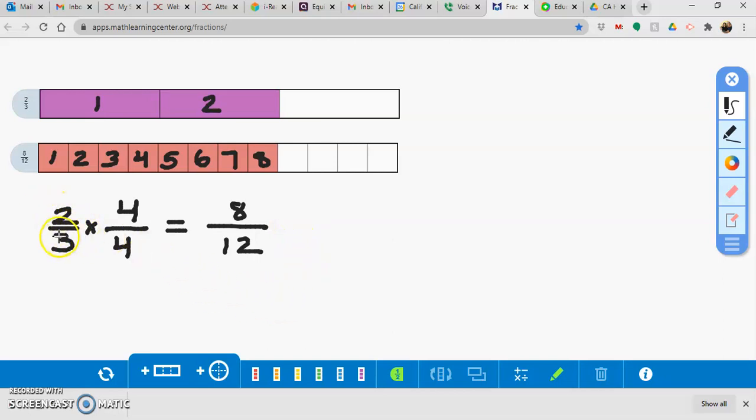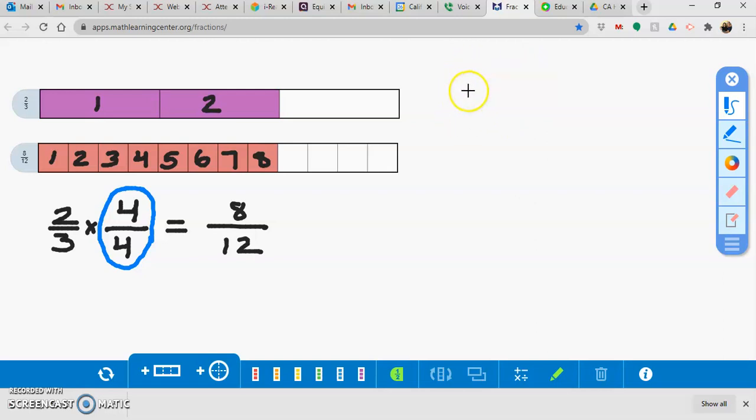But I think what's lost on a lot of people is this part right here. Let me get a different color. If you look at what I multiplied here, some of you get this and some of you don't, and that's okay. It's the idea of multiplying the same number on the top and the bottom. And it's not just doing that, but why is that okay? Why are we allowed to do that? It all comes back to when you were learning